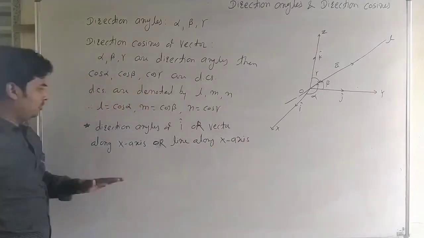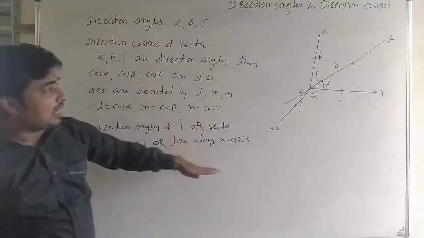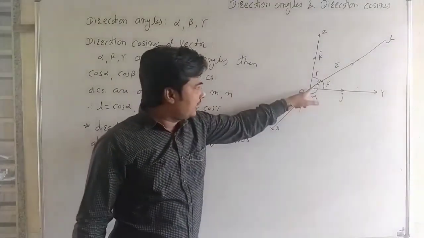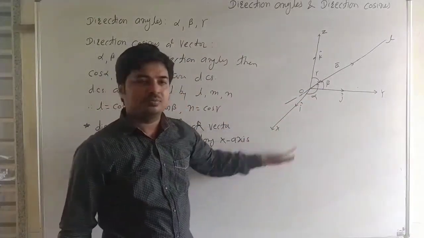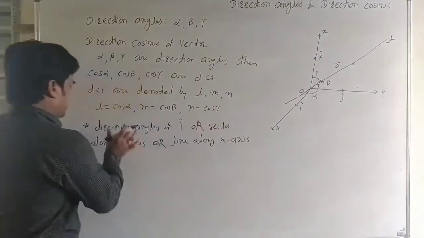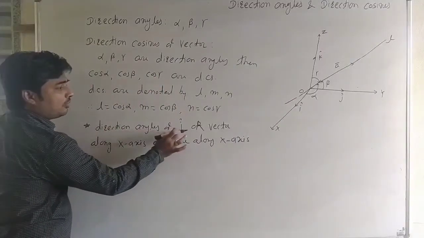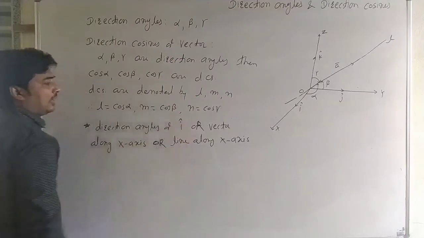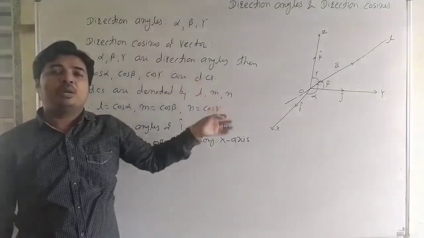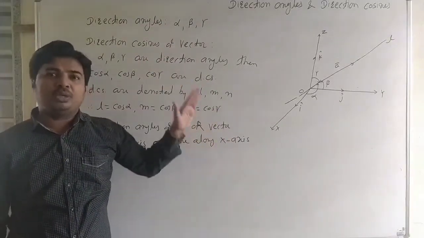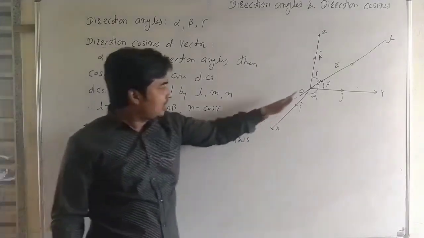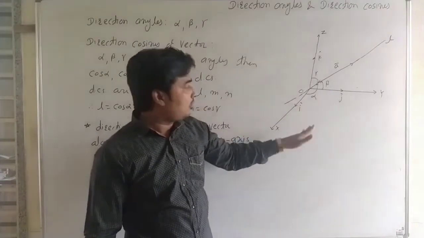Okay, here we want to find the direction angles of the vector i cap, a vector along the x axis or a line along the x axis; both are in the same direction. Now, what are direction angles? Direction angles are the angles made by the vector with the positive direction of the x axis, y axis and z axis. Therefore, the direction angles of the vector i cap.